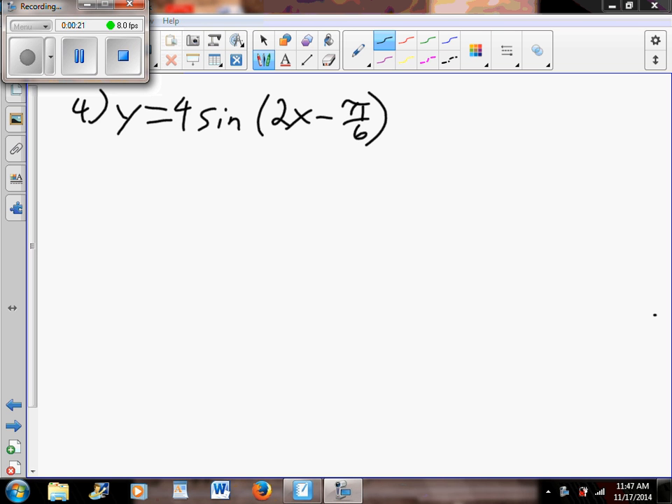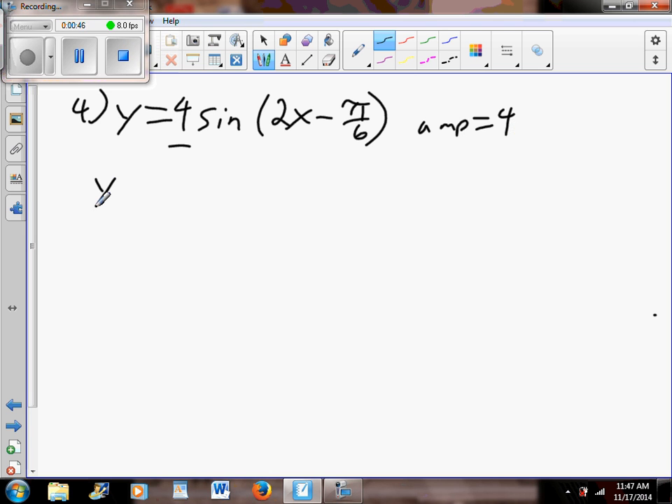This is the problem. Y is equal to 4 sine, in parentheses, 2x minus pi over 6. So the amplitude is here. I would say the amplitude of this thing is going to be equal to 4 units. Okay? Now to find the period and the phase shift, I'm going to factor 2 out of 2x minus pi